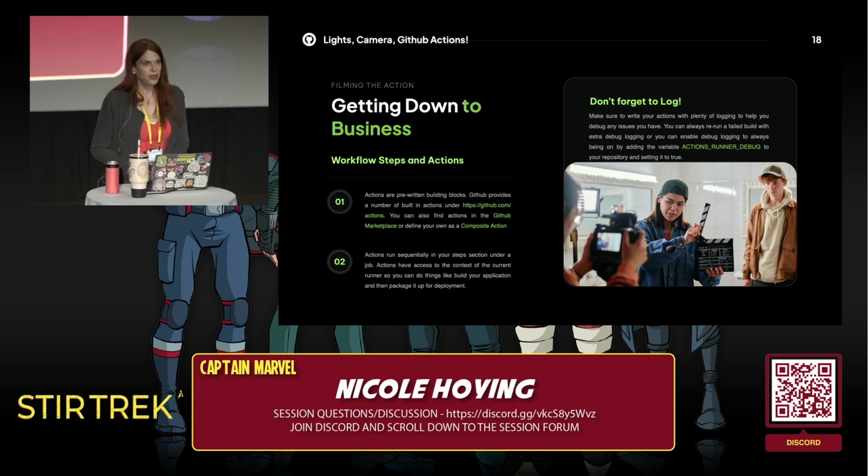There's a number of ways that you can produce actions. GitHub has a lot of them built in under GitHub/Actions. They have a GitHub Marketplace that you can use to download third-party actions, and you can also write your own as composite actions. And actions will run sequentially in your job, and it basically has everything that your current context